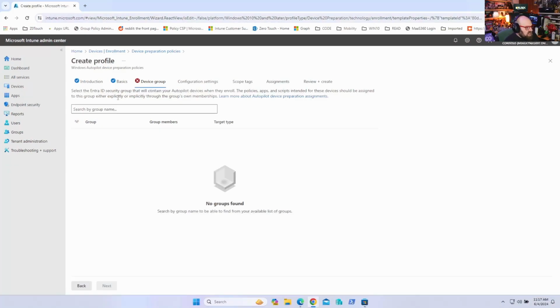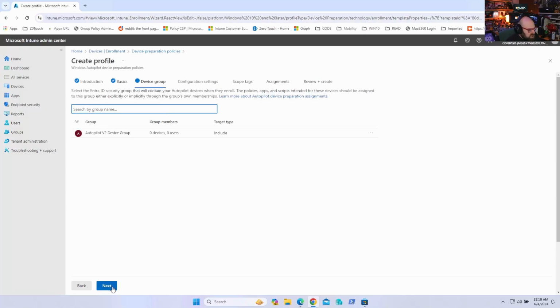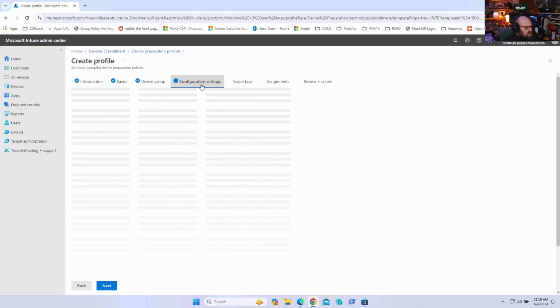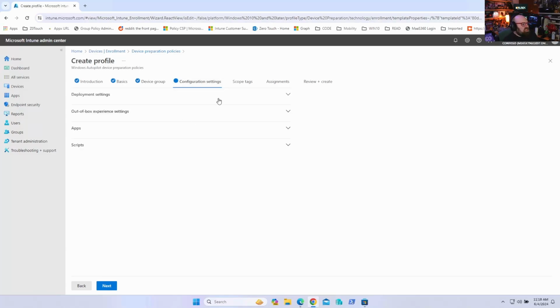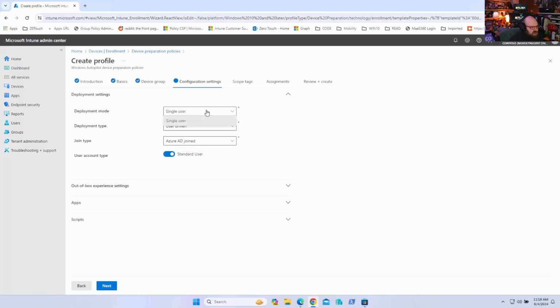So I have to assign my group, but it can't just be any group. It has to be a special group that we're just going to use for Autopilot. So in my case, I used a group called Autopilot V2 device group. So very easy. Configuration settings. This is where the actual meat is. There's 4 categories: deployment settings, out-of-box experience, apps, and scripts. So deployment settings, right now,